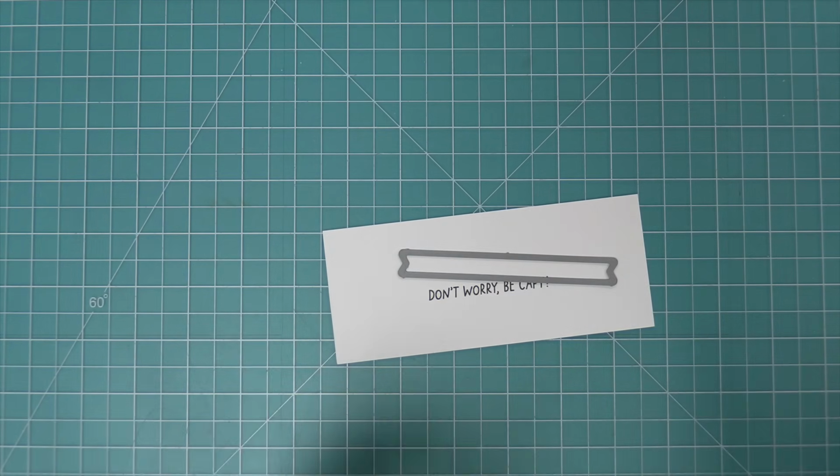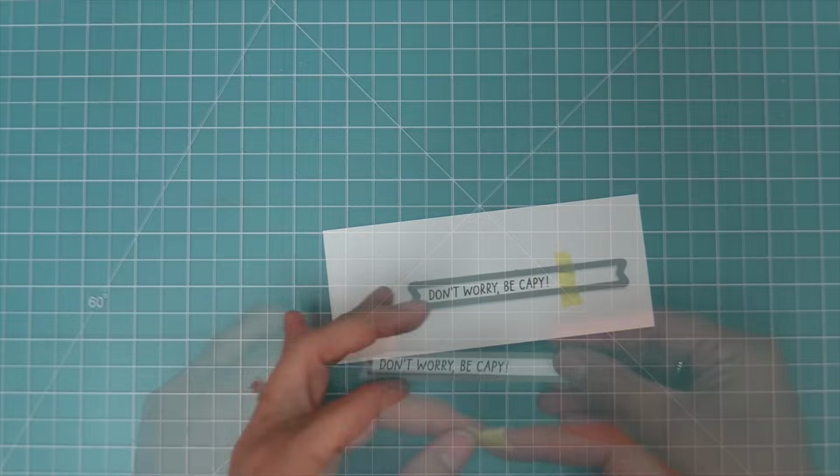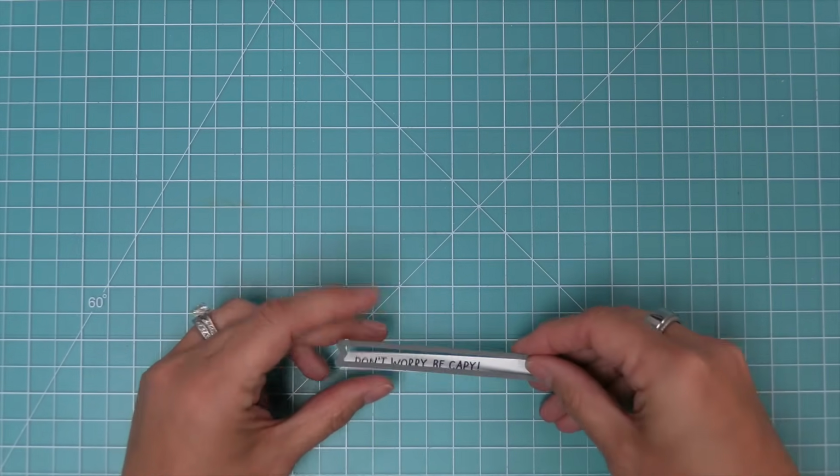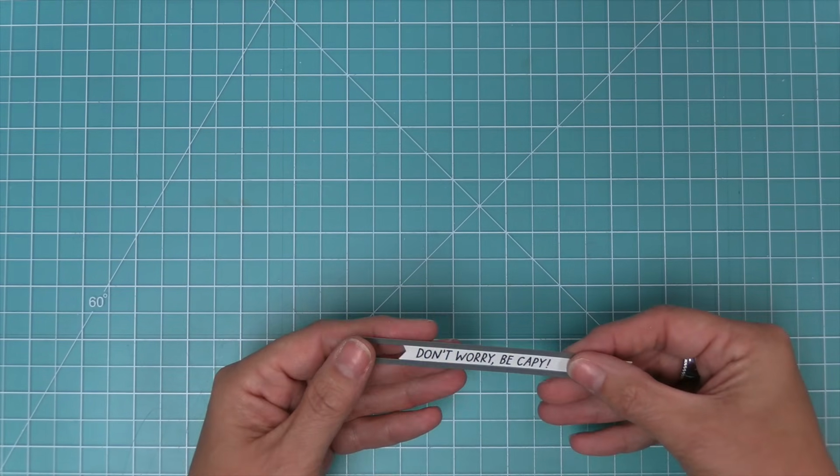You'll see this die is a little bit longer than the sentiment, but that's okay. We're going to line it up on the left side. We'll hold it in place with some low tack tape. We'll run it through the die cut machine. And then we're just going to line up the die on the right side so that it becomes the perfect